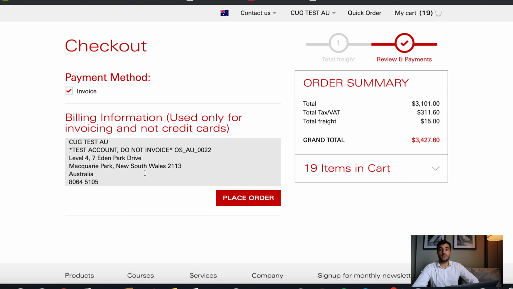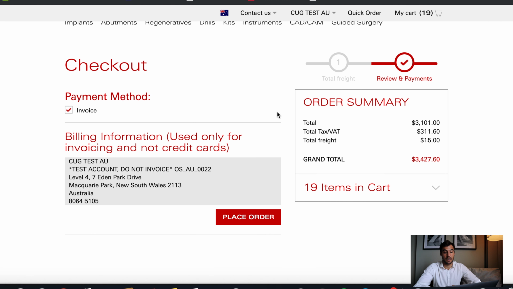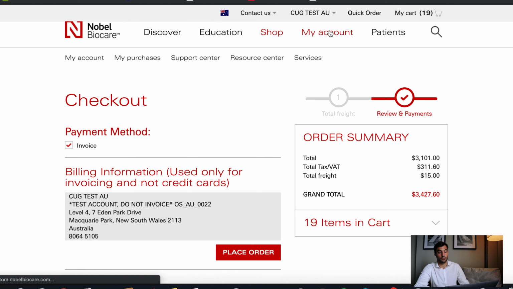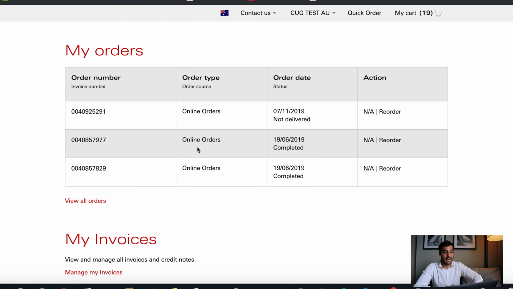For the payment method, I have a test website here, so I only have one payment method, but the truth is you can either ask for an invoice, so we send you everything with an invoice, or you can just pay directly with your debit or credit card. And then you place the order, which I'm not gonna do here for that example. Once you click place the order, that's it, everything's done. You're gonna receive a confirmation email that your order's been placed, and you can then go back to my account,